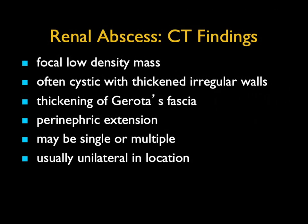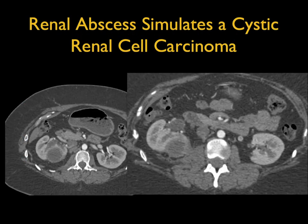Now, I mentioned before about renal abscesses and made the point that they can be confused with tumors. It's rare. One of the reasons you do CT in a patient with persistent fever and conditions that should be taken care of would be that you can be confusing masses and abscesses. Renal abscesses are typically low density, cystic, with wall thickening, thickening of Gerota's fascia, often perinephric extension, and usually unilateral. But you can see in this case, which was an abscess, all the things are true. But if I pushed you and said, how do I know it's not a tumor? Well, you say it's a thickened wall, but tumors can have thickened walls. It's exophytic, but tumors can be